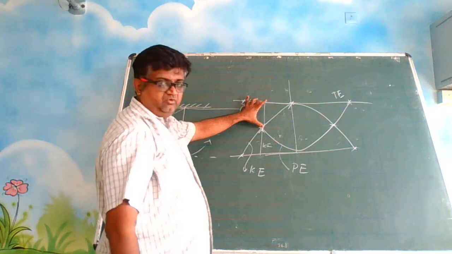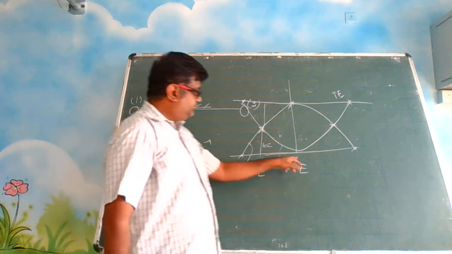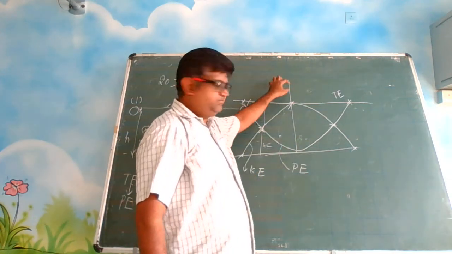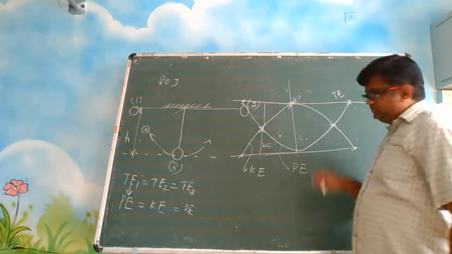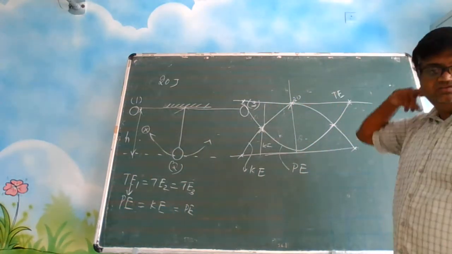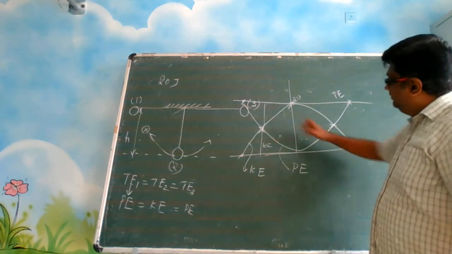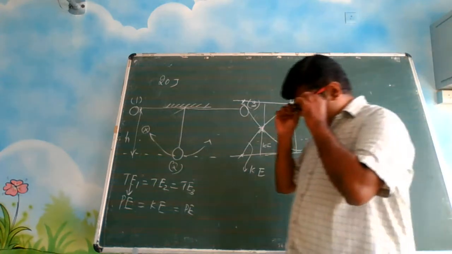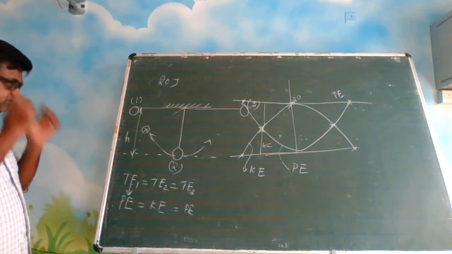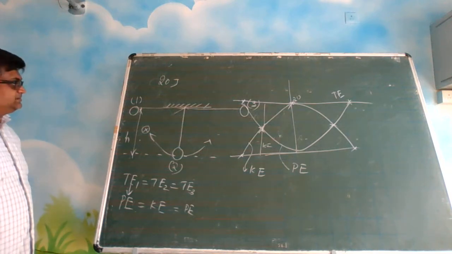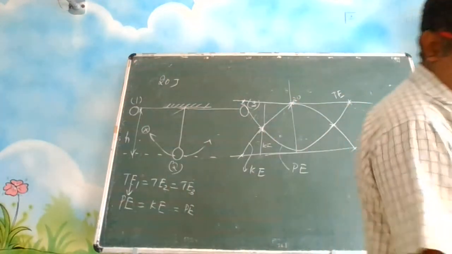This point, let us say 12 joules, this is 8 joules, 12 plus 8, 20. Here kinetic energy is maximum. Here kinetic energy is 20, potential energy is 0, but the variation will be like this. Okay, you need to remember this shape. Kinetic energy is parabolic and this is also parabolic like this. The variation will be parabolic. So this is one concept you have to know. Alright. So just draw it.